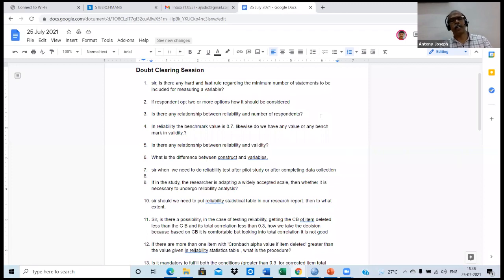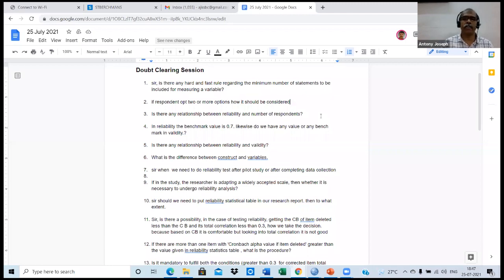They are related concepts, but used for two different purposes. These two are used for ensuring that the instrument you are using is internally consistent, and that the instrument is good for prediction, that is, good for the measurement. Both together are essential for a valid instrument.